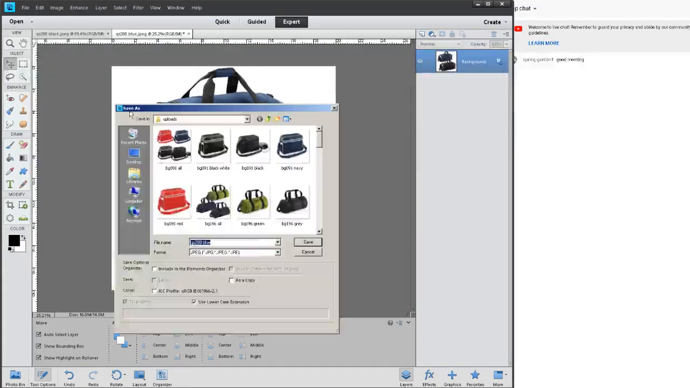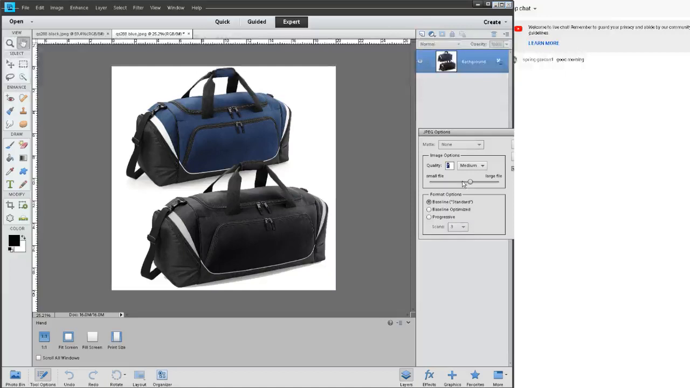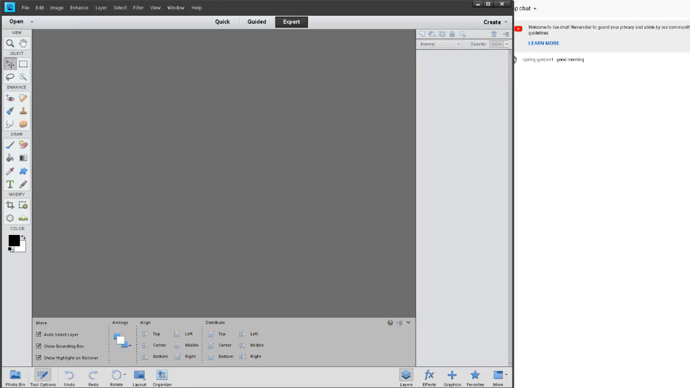Save as QS288 all as a JPEG. How big's that going to be? That's okay. Happy days, that didn't take too long. Next one is going to be the waterproof backpack, and I'm going to use